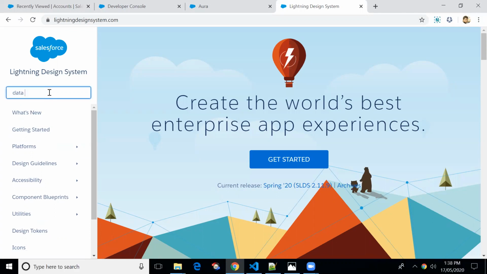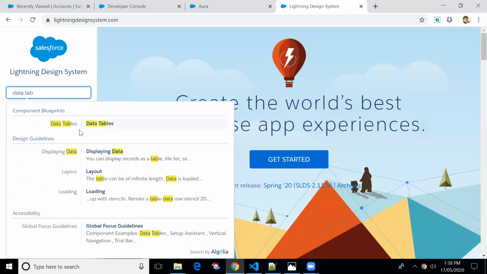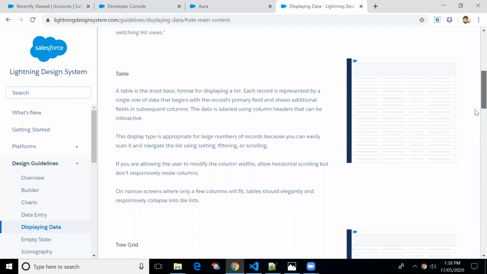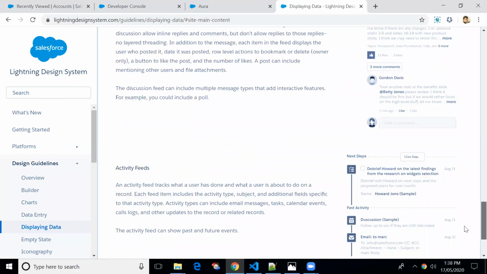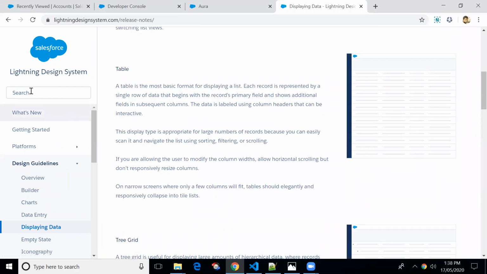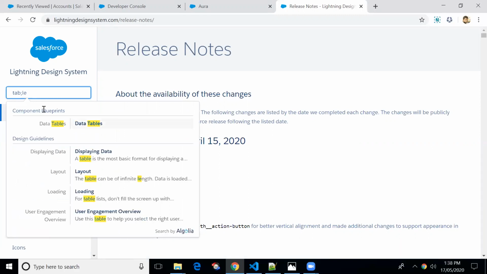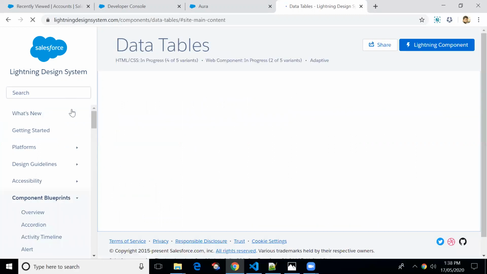Let me type data tables. Why is it not getting loaded?